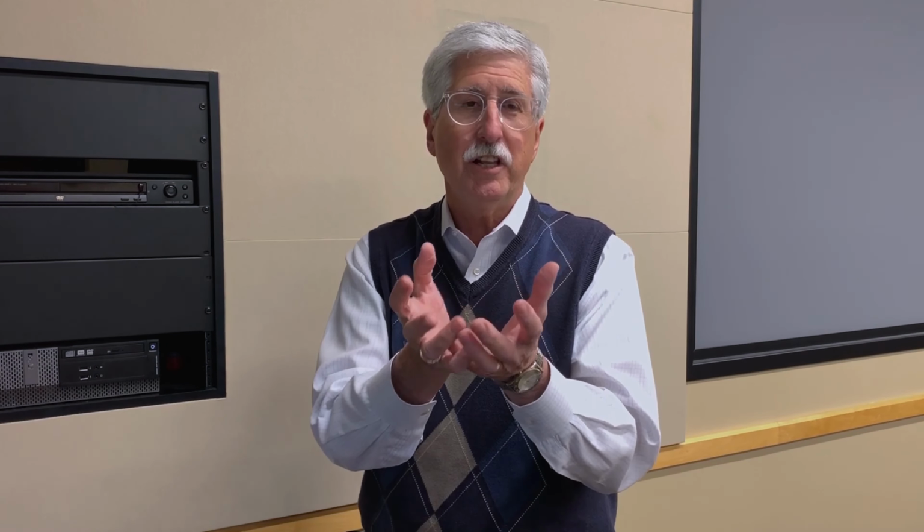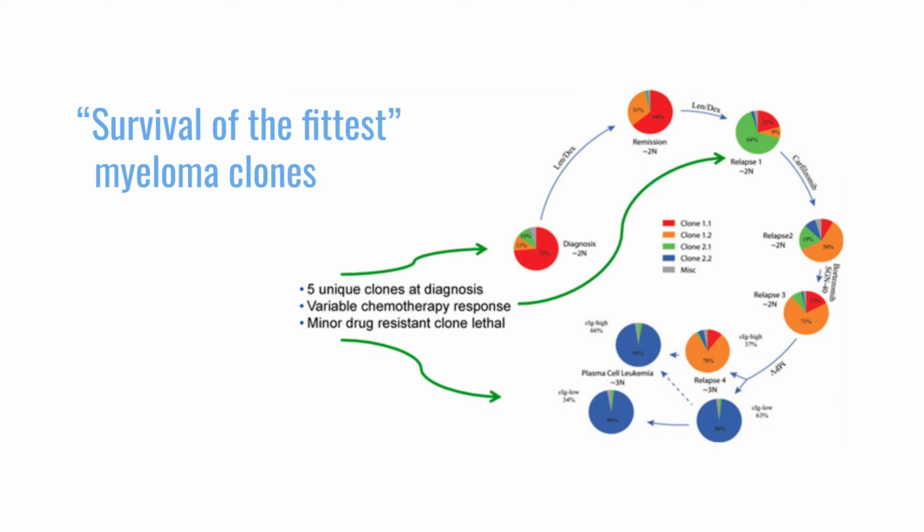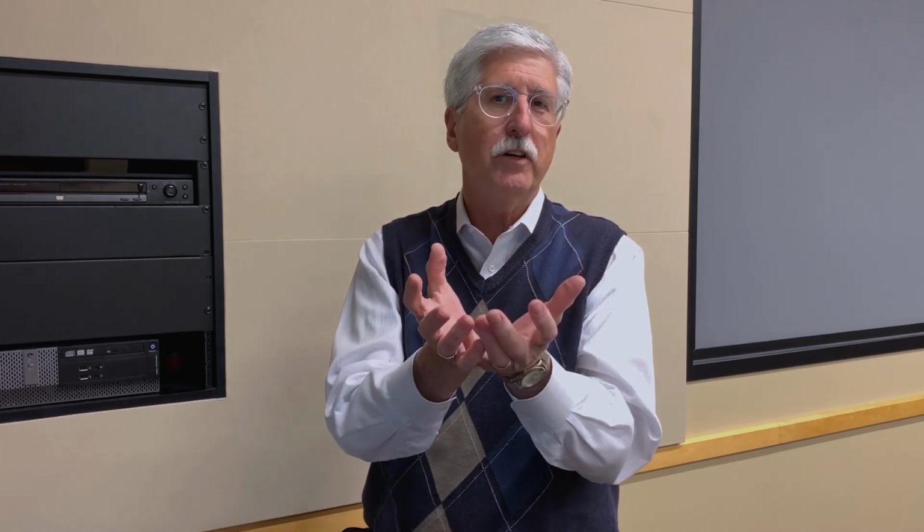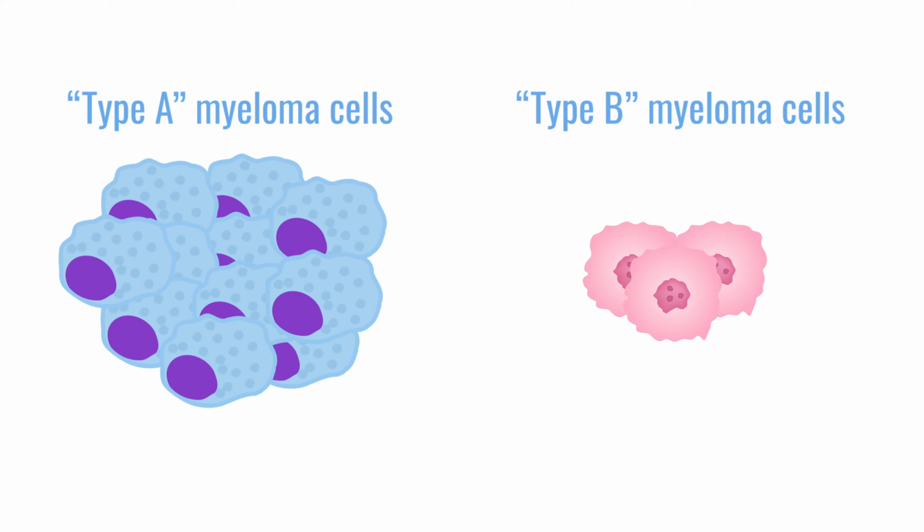And one of the things that happens that we know is that just like evolution defines survival of the fittest, what happens in myeloma is when you treat, you are starting to treat the cells that are vulnerable to that particular therapy. And there may be subgroups of cells that emerge that no longer respond to that therapy. And they may have slightly different genetic variations and mutations, which means that when you look at a myeloma, it is actually evolving over time so that as the therapy is being applied to that particular patient, you may kill